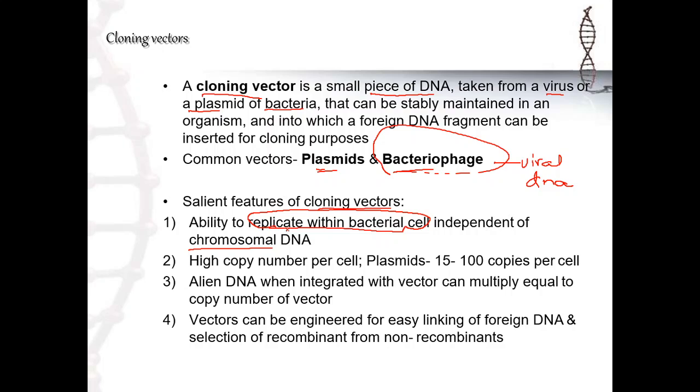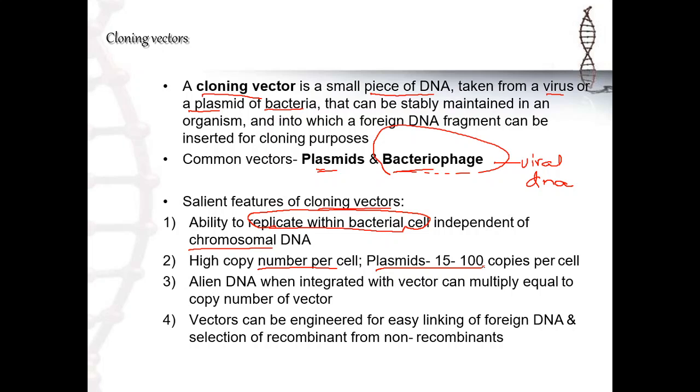Another feature of cloning vectors is high copy numbers per cell. So we should have many vectors in the cell, many plasmids that we can obtain. For example, in a bacteria, we should be able to obtain plasmids from a certain cell. In fact, it says here that plasmids should be 15 to 100 copies per cell. So that we can harvest many plasmids, because if we could not harvest any plasmid from a bacteria, there's no way that we can produce a recombinant DNA or clone the new genes